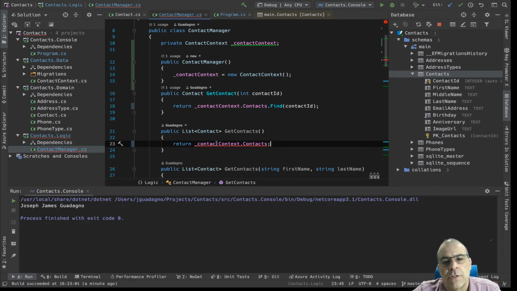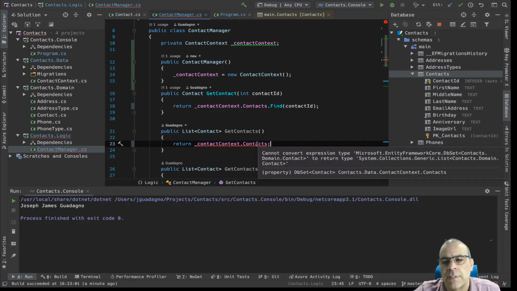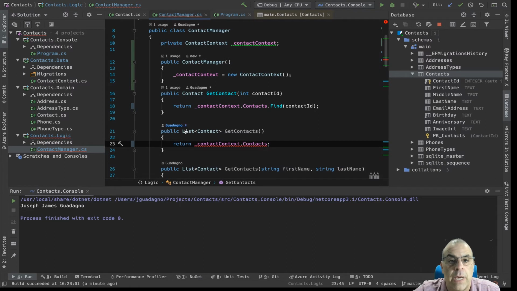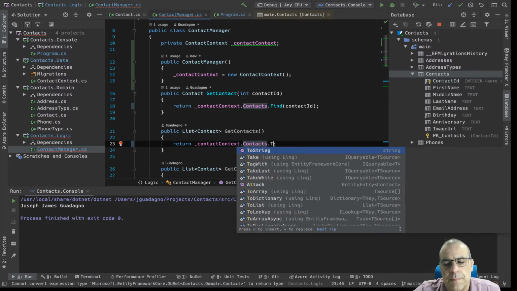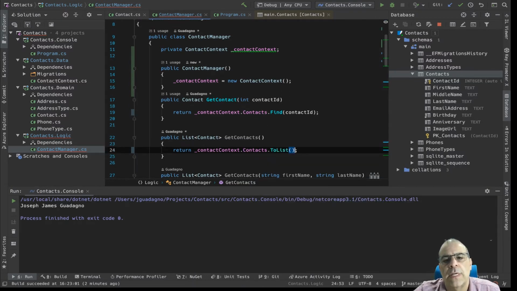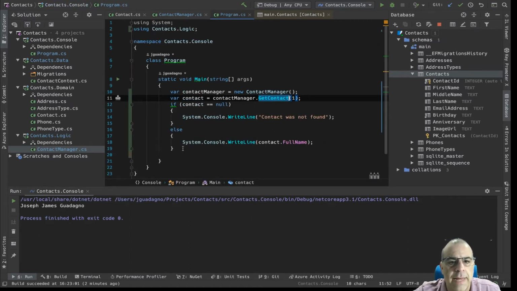It's highlighted in red or squiggly line because if I hover over it, it'll tell me it can't convert a DB set of contacts to a list of contacts. Luckily there is an extension method called ToList that will go over any source that implements IEnumerable, which is a collection interface that says I can do these certain things, and essentially takes that and converts it into a list that we are using. So now we have that done,